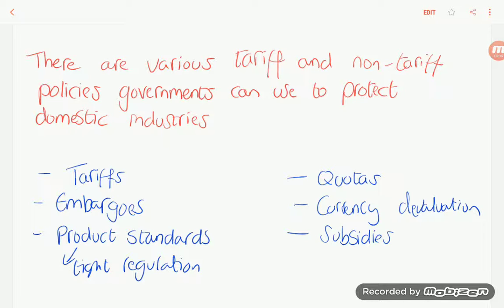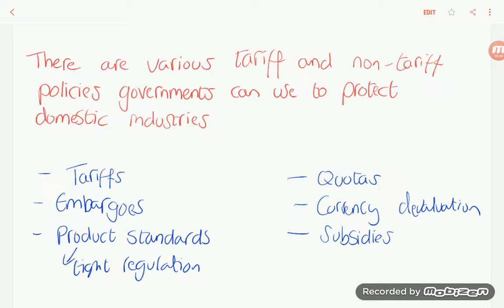Embargoes, otherwise known as bans. These can be imposed on certain products. These are usually restricted to extreme cases, e.g. drugs or elephant ivory, but may also be for political reasons. For example, if two countries are having a disagreement, they might impose embargoes on imports from each other, such as the experience with the United States and Cuba in the past. Embargoes tend to be less about protecting domestic industries and more about politics or enforcing laws.